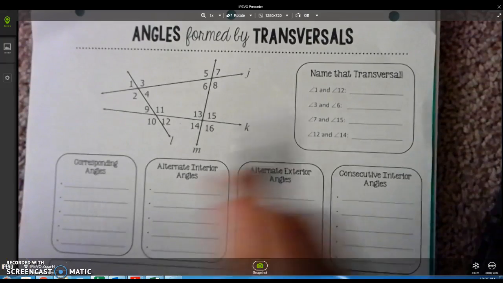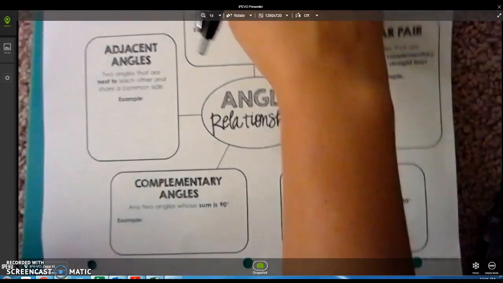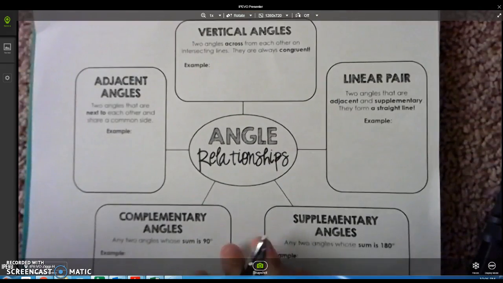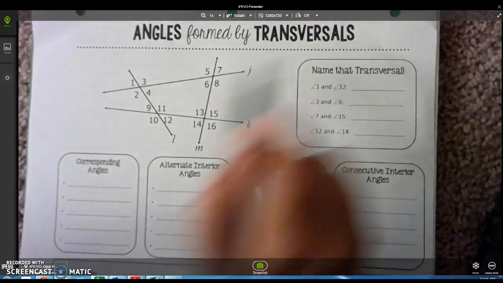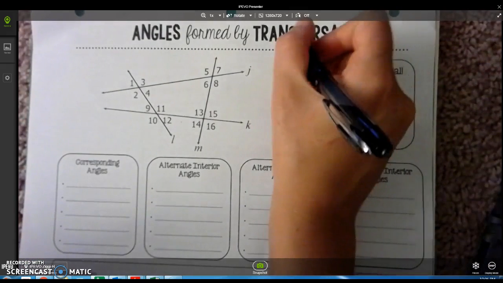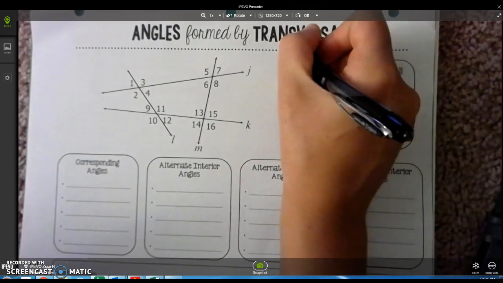Okay, this is the second homework on this page. You should have already filled in this side. If you haven't, go back and do that homework. But here we are talking about angles formed by transversals. And this word basically means goes through